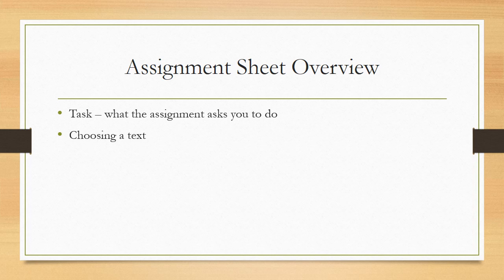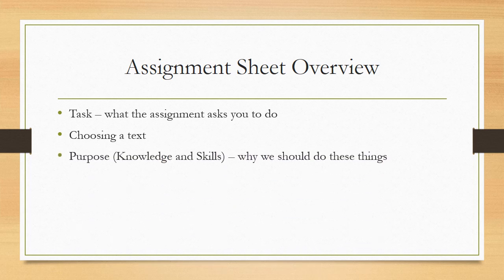On this particular assignment, right after the task, I have a choosing the text section. That's just to tell you what kinds of things you can choose from to write on for the rhetorical analysis. Purpose is a statement that, whereas the task tells you what to do, how to do the assignment, purpose tells you why you're doing the assignment. So that can give you more clues about how to do it, but really it comes back to my goal